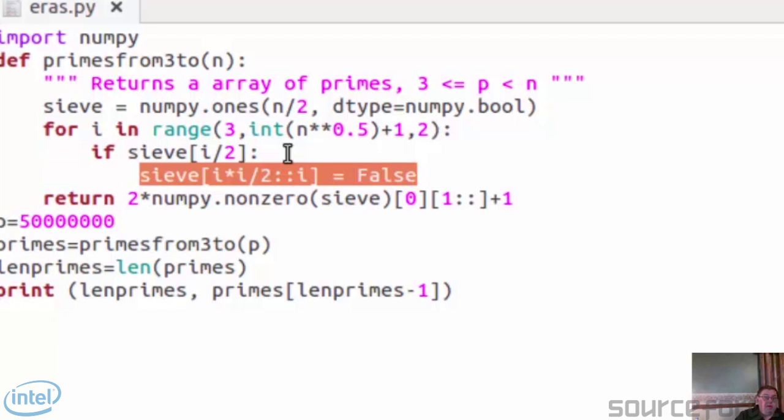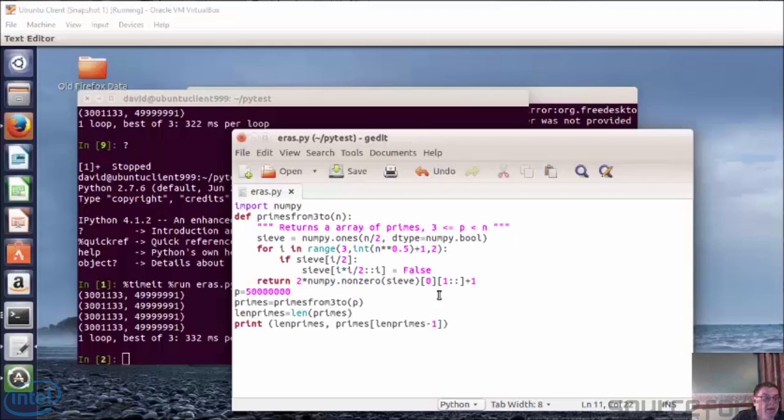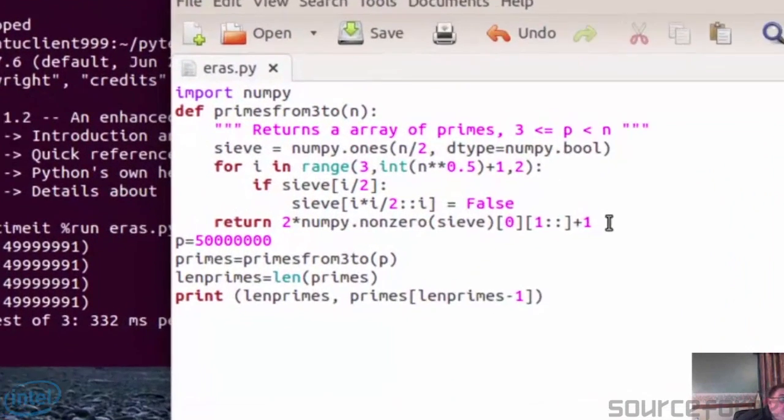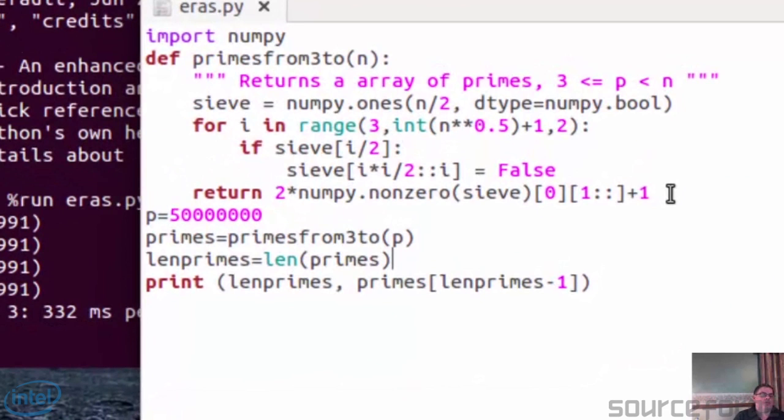And this clever algorithm is incredibly efficient. It's very optimal, if you like. And as you can see, it can check 500 million numbers, well, half of that for the sieve, in just under 3 seconds, which is pretty powerful processing, if you ask me. The final bit of the function, which returns all the prime numbers in a big array,